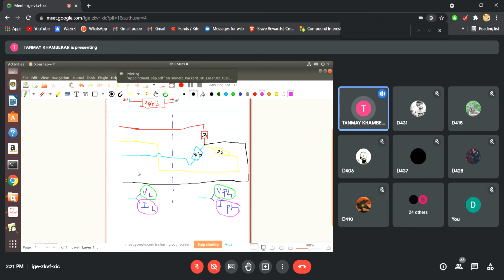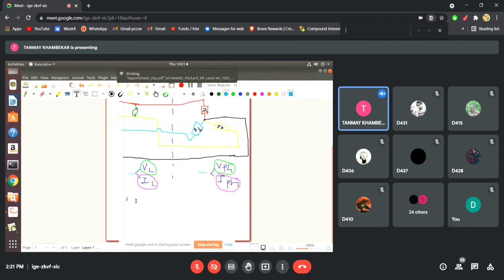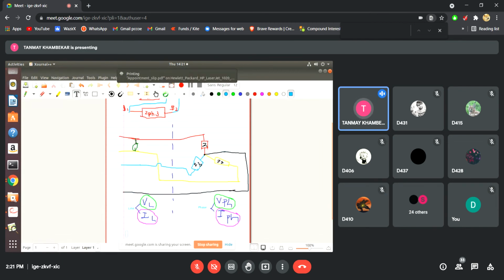Whereas the voltmeter is always connected across, right? So this will be the first line voltage between R and Y. One end is connected to R, another to Y. So the first line voltage is VRY. What will the second voltage be? The second voltmeter we will connect to Y and B, so VYB. And the third voltage will be VBR. So these are the three line voltages, VRY, VYB, VBR.